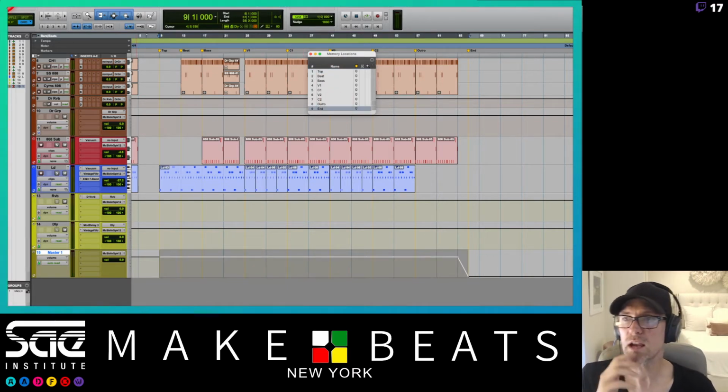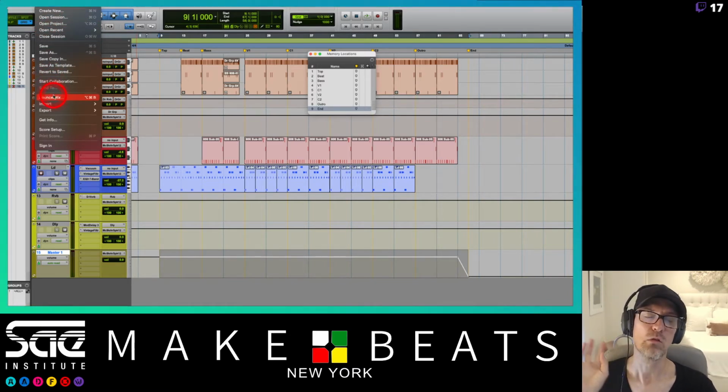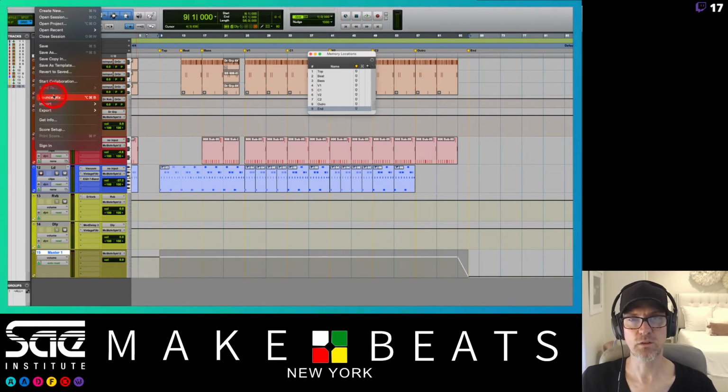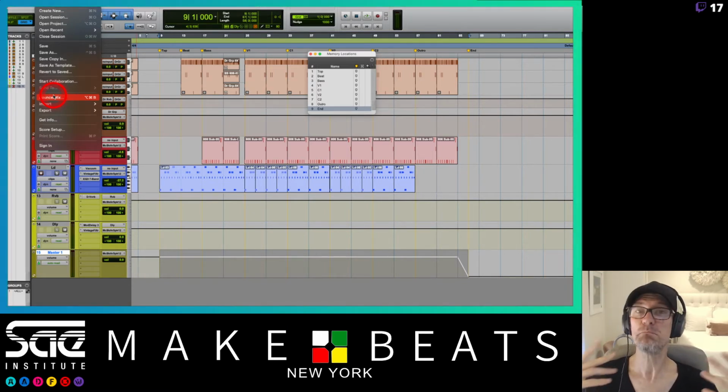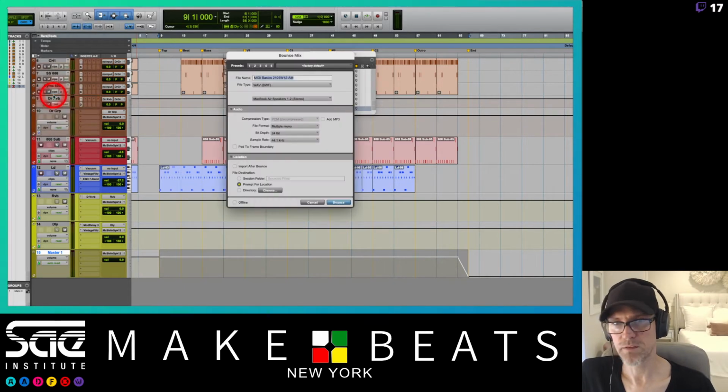And I'm going to go over here to where it says File. I'm going to go down to Bounce Mix, which is Command Option B. Remember that shortcut. That shortcut is super, super important. If you're on a Windows machine, it's Control Alt B. B for bounce. It's super easy. B for bounce. Just make sure you remember Command Option B. So you hit that bounce mix right there,